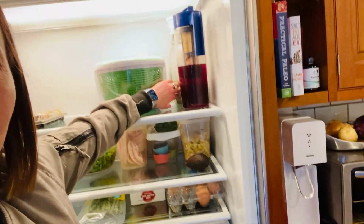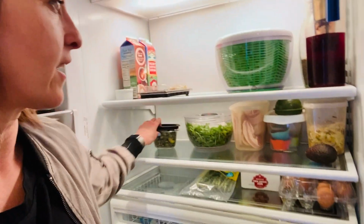In the back corner here, I have flax meal. You want to keep all your seeds in the fridge as much as possible. Flax meal, chia, hemp. Over here and here, I have